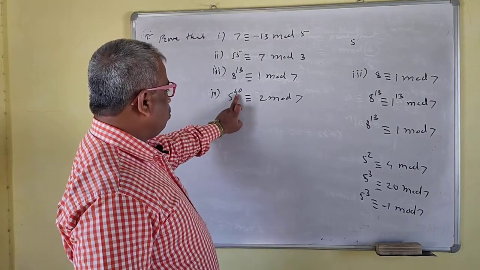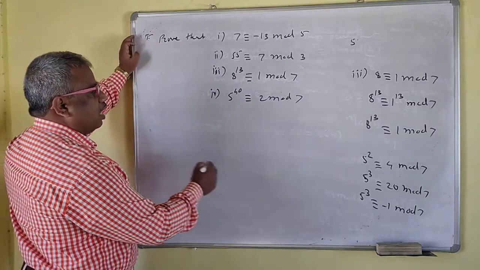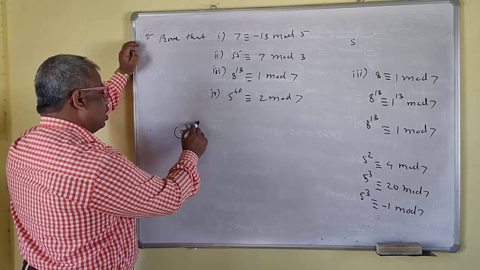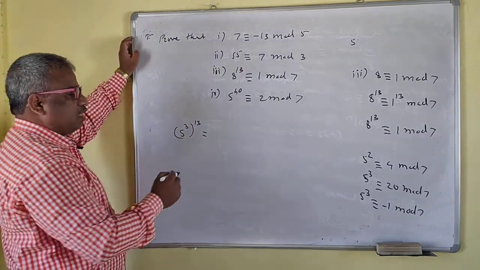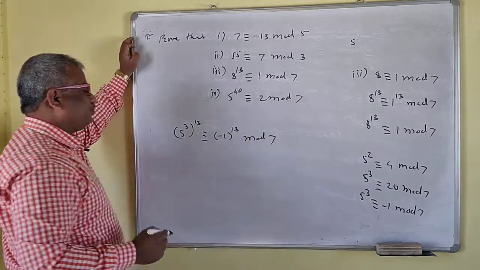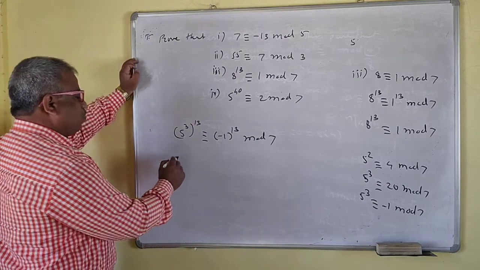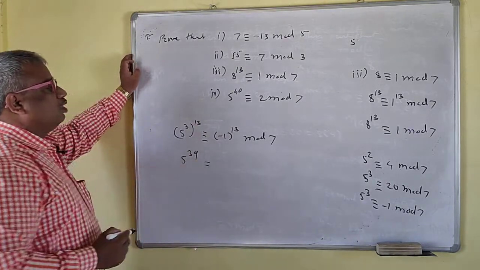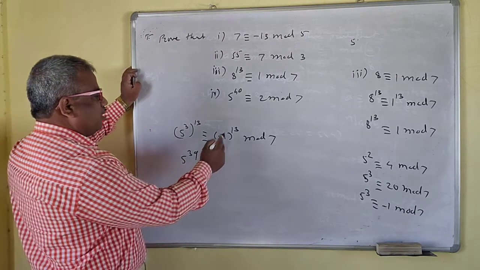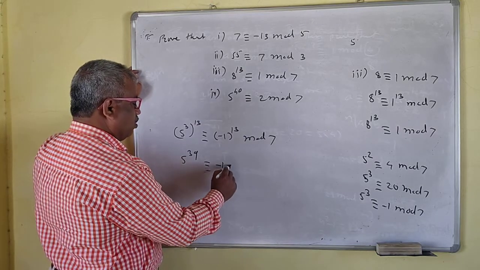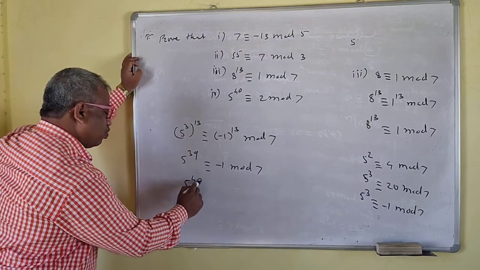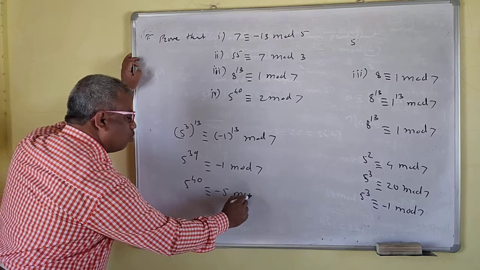So now what you want? 40 now here. Okay. So 40 means I can take the power 13 now. I can take power 13. So 5 power 3 to the power 13. So that we get 39 now. Okay. 39, minus 1 to the power 13 mod 7. So minus 1 to the power 13. This is what? 39. So this is what then? Minus 1 now. Mod 7. Now I multiply by 5 so that this will be 5 to the power 40. This is what? Minus 5 mod 7.